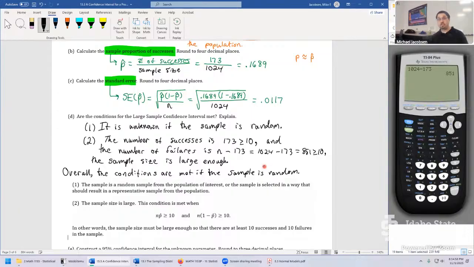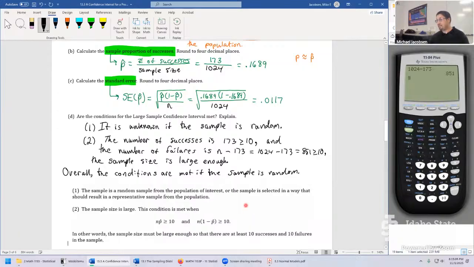Or we could say the conditions are met if the sample was a simple random sample, or at least representative, but this is just a shorthand way of saying it. If it was random, it would have been representative itself. So that's a really abbreviated version of the condition checking. We checked 3 different parts, and we spent a lot more time on it in the last section. I felt like this was just kind of a reminder on the 2 critical parts that we could go over and determine exactly from what the problem tells us.